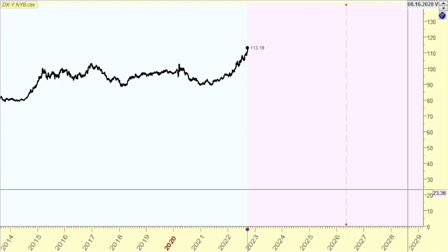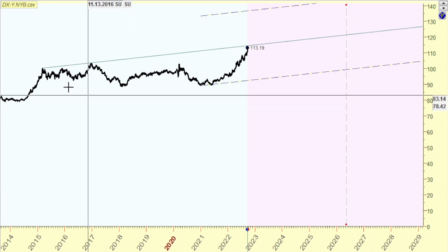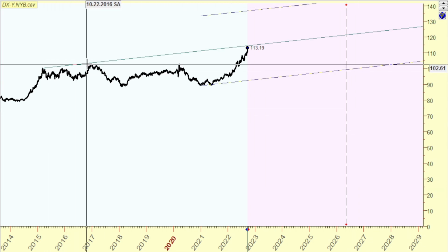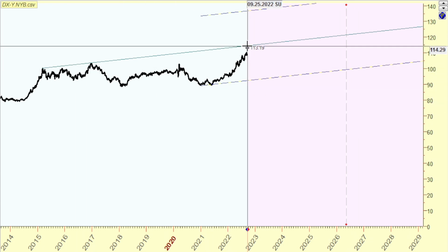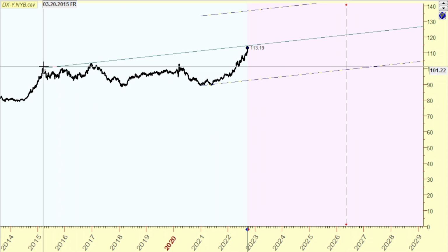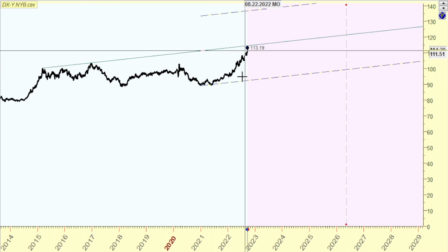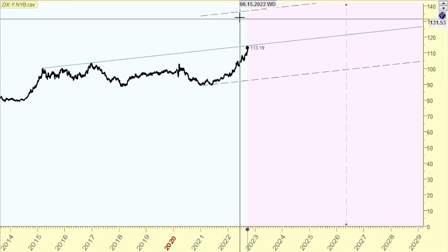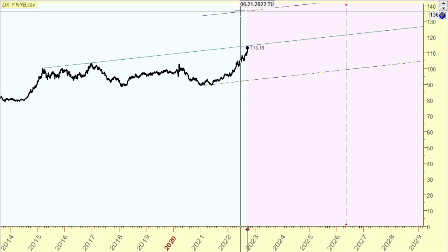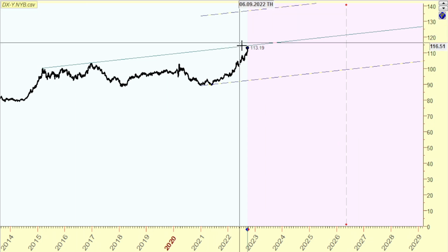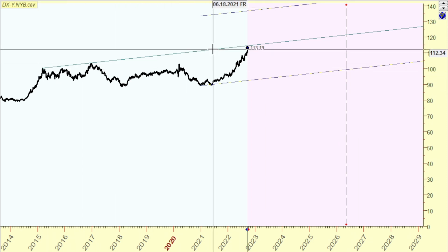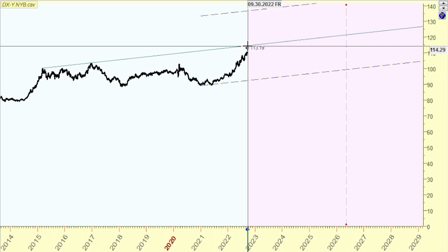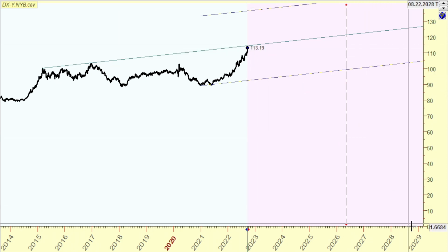Another thing I want to show you is a channel. Using this channel from right here to here and pivoting down here, you can see that it's almost like a trend line right now, but then there's like a measured move that shoots all the way to 136. I don't know if we're going to get there, but my purpose in showing this is just to show you that that trend line from right here, we're going to be kissing it very soon, or we already have kissed it. So keep an eye on that.